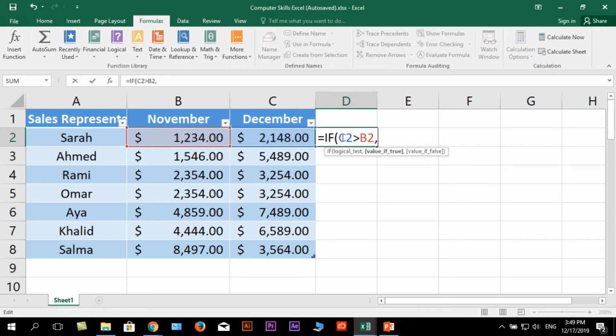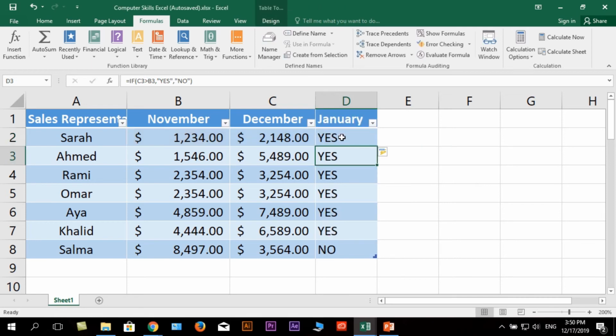the value if true and the value if false, which is here in my case, yes or no. Between two quotations, I type yes, comma, two quotations, and I type no, and then I close the bracket. By hitting enter on my keyboard,